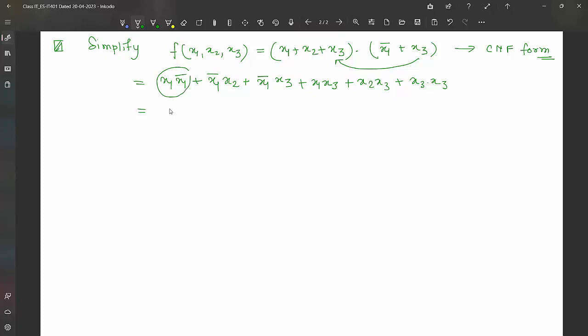So x1 x1 bar is 0. And x3 dot x3 is again x3. So from the next time we will not write that; we will directly discard this term. We will not write it. So that means we will only take the x1 bar x2